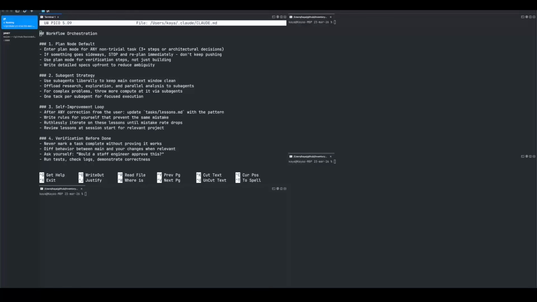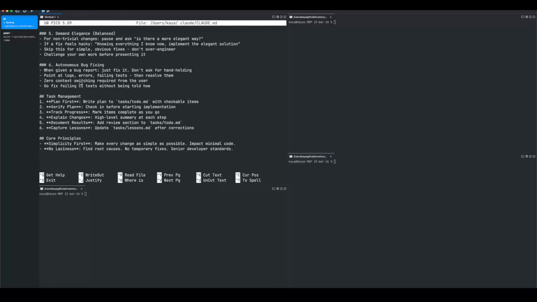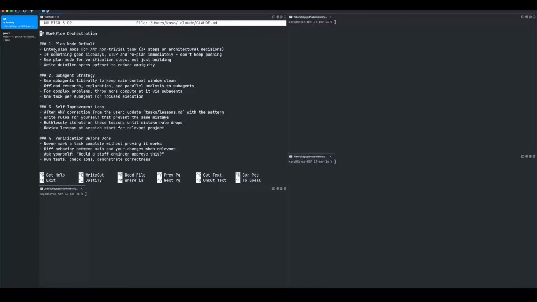So here's how I actually build projects with Claude. It all starts with the .claude.md file, and this is the workflow orchestration. It's just got some things that Claude should always be doing, like task management, its core principles, and planning, sub-agent